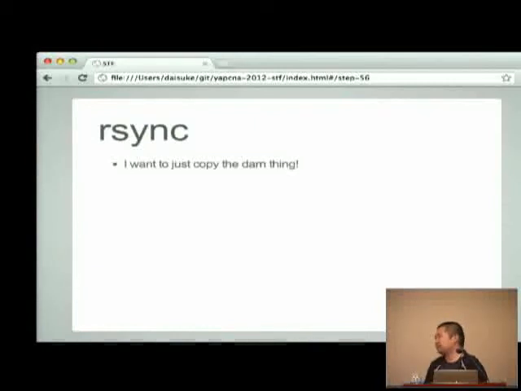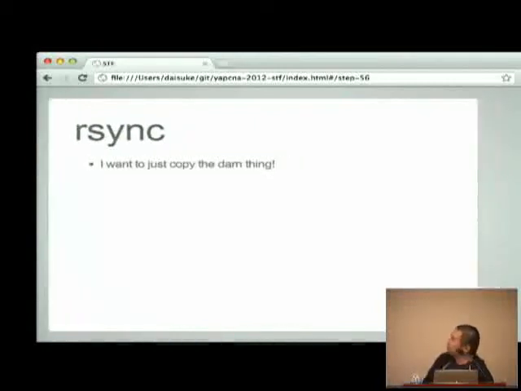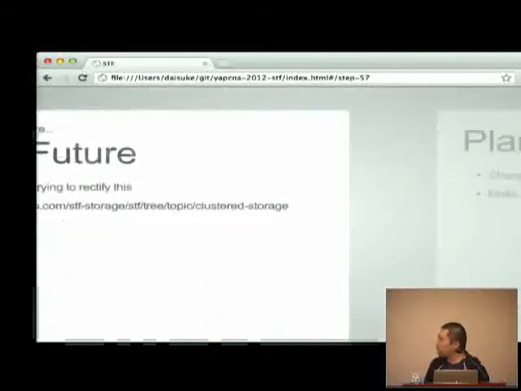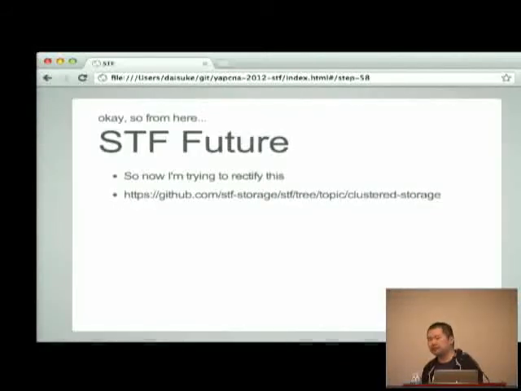We just want to rsync it if it's possible. And this is probably the single most annoying part of STF. So I'm working to rectify it. In fact, I've rectified it. It's just not in production code, so I can't say for sure that I rectified it. My tests are passing, so it should be working. But anyway,